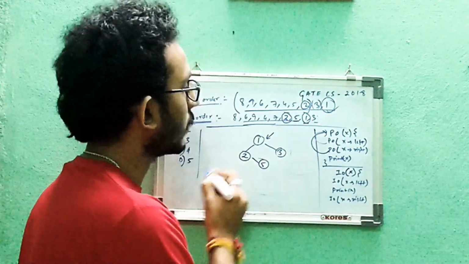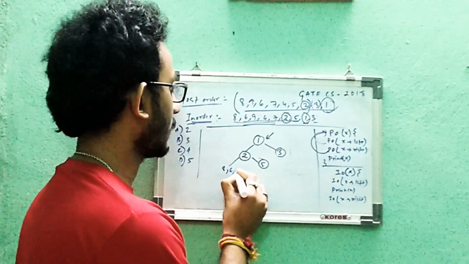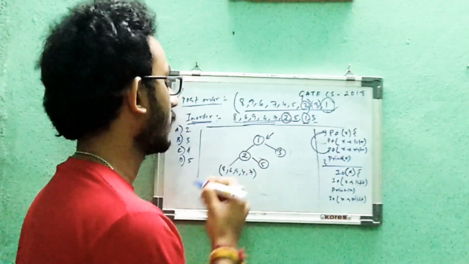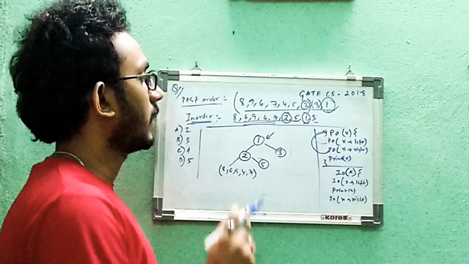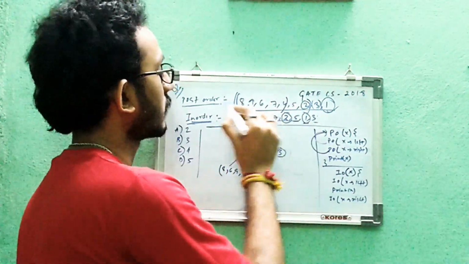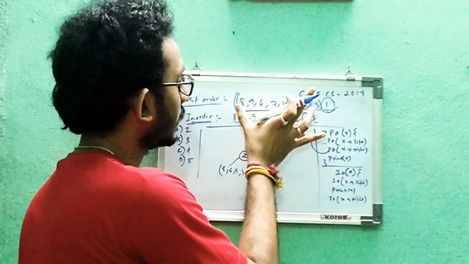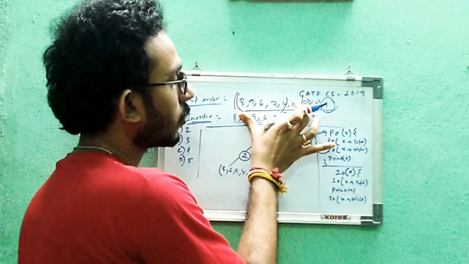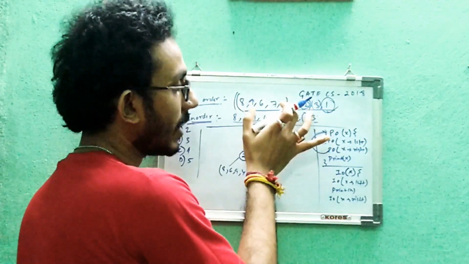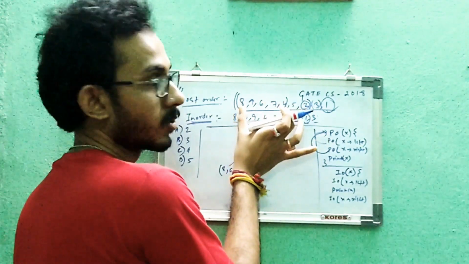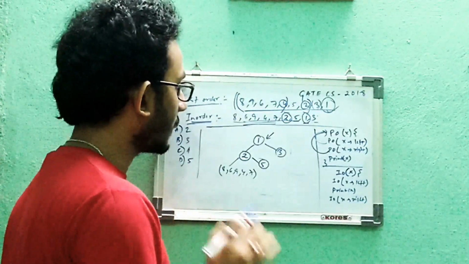So 5 is the right node. This all comes in the left. So 8, 6, 9, 4 and 7 will again form the left subtree of 2. Now we will focus on these nodes. Okay? Because when we consider this one, then 2 is the node in focus, or 2 is the root node, 5 is the right node, and these are the left nodes. Now in this left subtree, 4 is at the end, so 4 is the root of the left subtree.